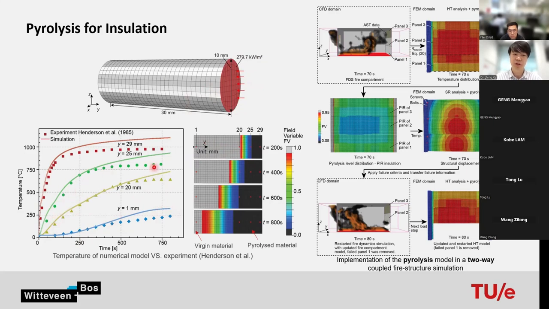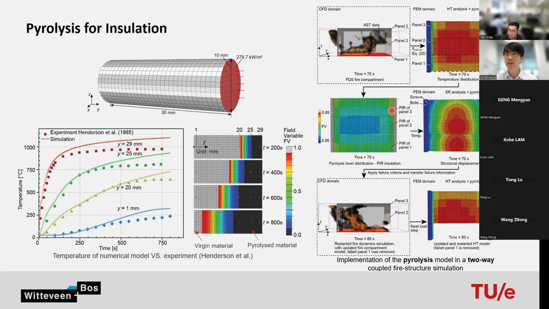So as you can see here, we have the experiment shown as different dots. We also have the numerical simulation results shown as a line. So they more or less have good agreement. After this verification, I also incorporated the pyrolysis model in a two-way coupled fire structural simulation. Similar to what we did for the two-scale model, first, we have a sandwich panel here. We start with fire dynamic simulation, and we do the heat transfer analysis, where we can incorporate the pyrolysis model,